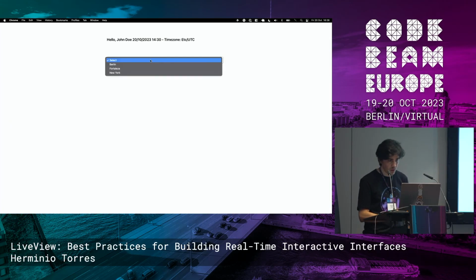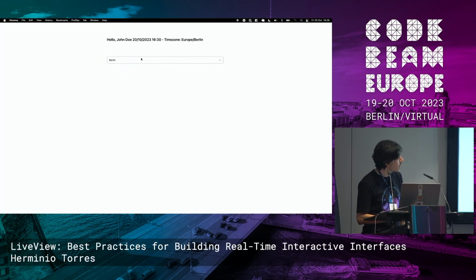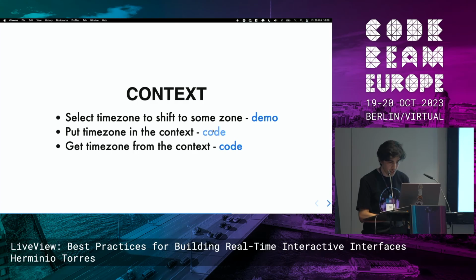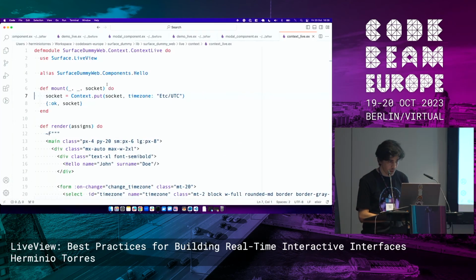Here's the demo. I have this information on top, and if I select the time zone, it will update the time zone and update the DateTime also, as you can see. And here, as I said in this claim, this is Surface. So Surface has this context to put the time zone in the socket,